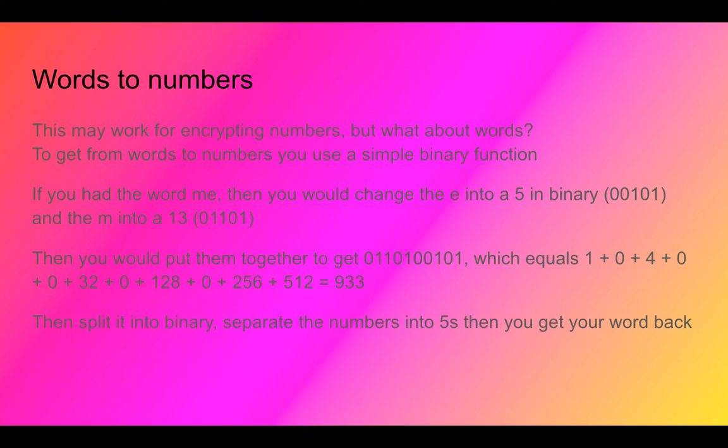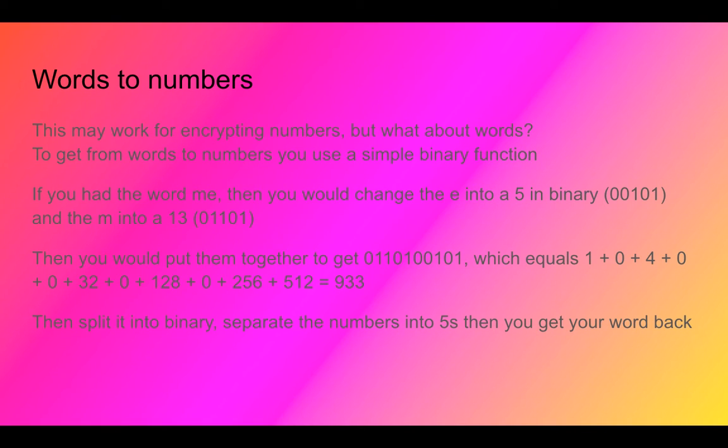So, words to numbers. This may work for encrypting numbers and then converting them to the hexadecimals we saw with Alice and Bob, but what about words? So to get from words to numbers, and thus the unreadable hexadecimal, you will use a simple binary function. Say you had the word me, then you will change the E from the word me into a 5 in binary, so 00101, and change the M into a 13, 01101. And then you will put them together to get